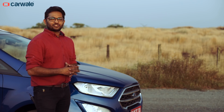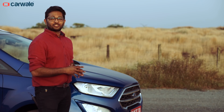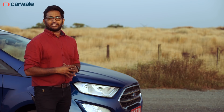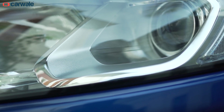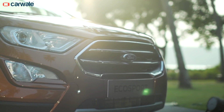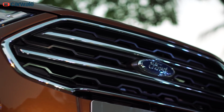As you can see, the biggest change in the new EcoSport is to the face. The macho grille flanked by the stylish headlamps gives it a muscular and in-your-face look. The new headlamps look sharper and now include projectors and DRLs. The front bumper is new as well, and overall Ford has done a good job of giving the revised EcoSport